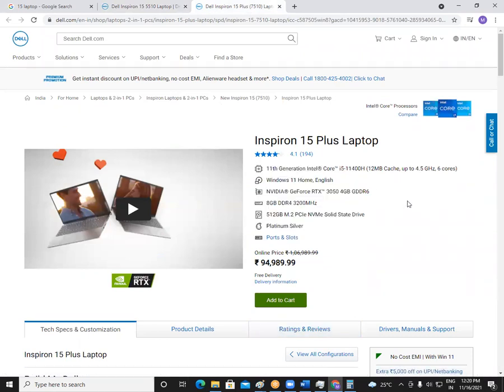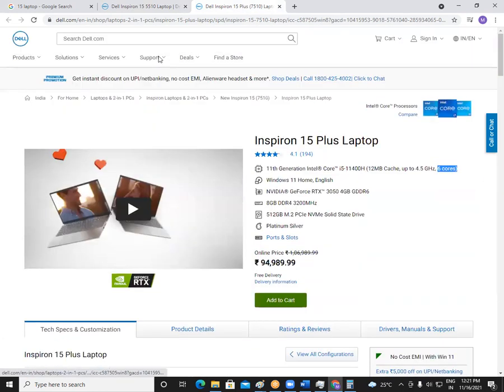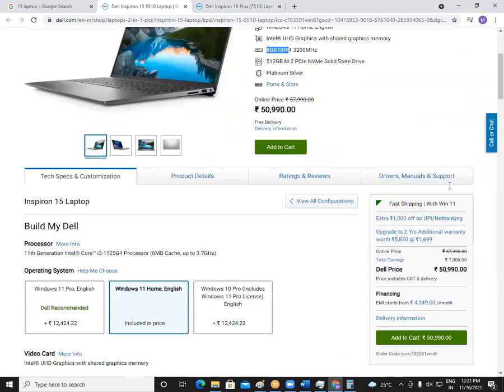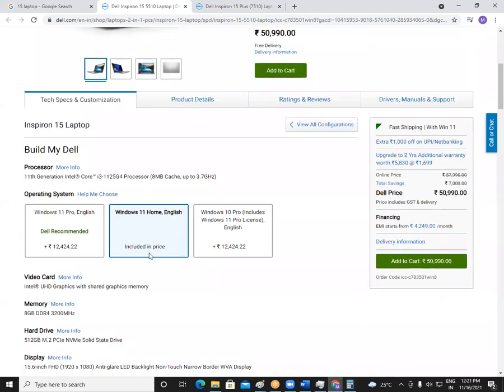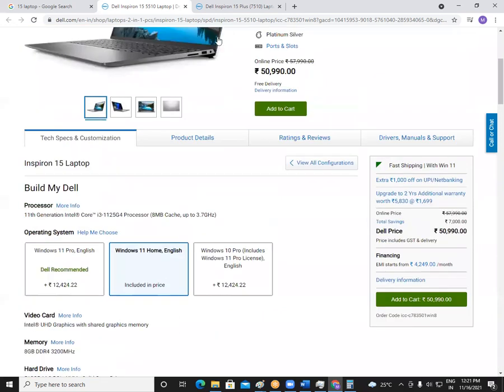Now, first of all, it is an i5 processor. Cache memory is more here. Speed is 4.5 gigahertz. That is much bigger. And total number of cores are how many? There are totally 6 cores we have. Okay, so how many cores do we have in this other machine? It is not showing any core here, but it should show some core. Maybe this is a dual core, like there are only 2 cores here. Comparing this machine with the other machine, there are 6 cores here. Okay, so this is your computer.